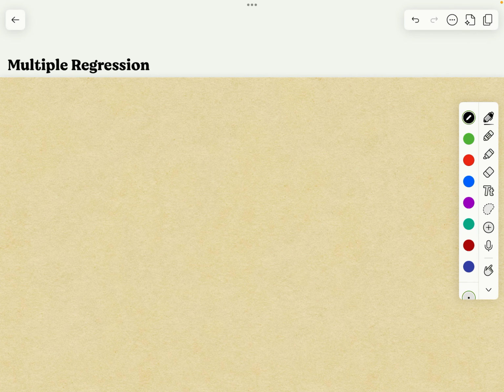Okay, in this video we're going to talk about multiple regression, and we're going to derive the formulas for the least squares estimates for multiple regression. So in least squares for linear regression,